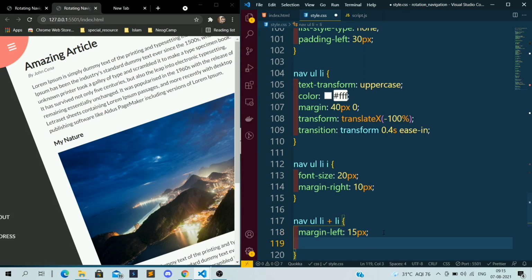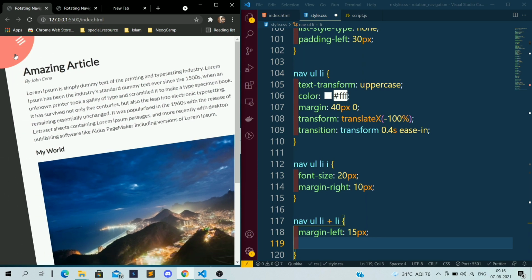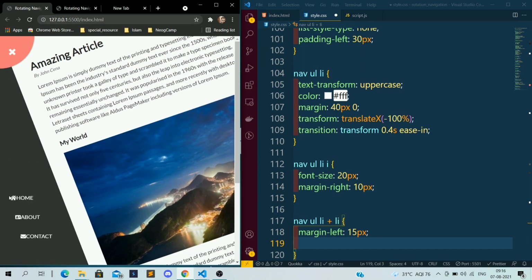If you see in the main project, this is a diagonal shape, correct? Home is somewhat on the left, About is somewhat on the right, and Contact is somewhat more to the right. This shows it has rotated by some degree.